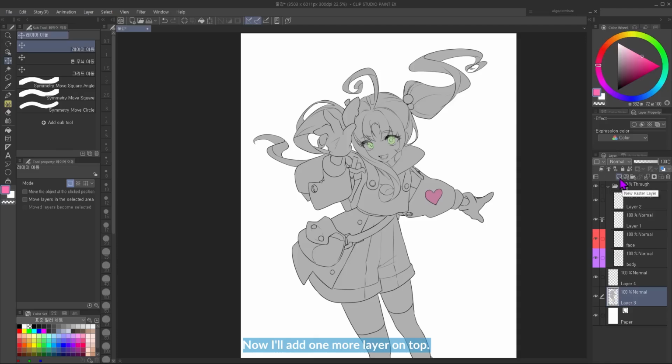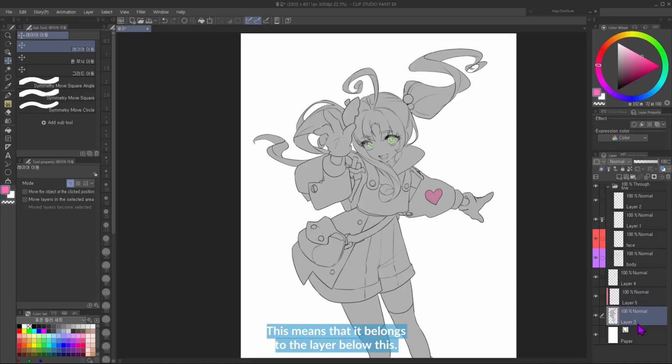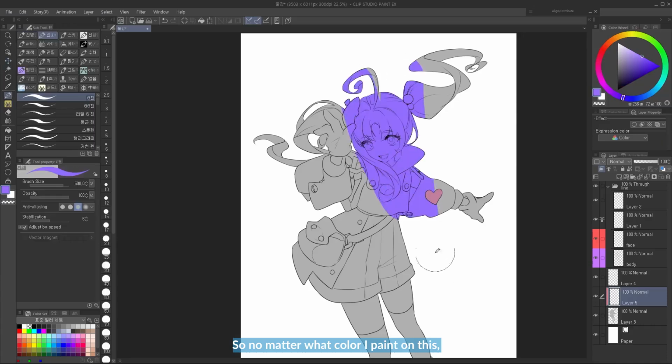Now I'll add one more layer on top. Clip Studio has an icon here, which clips the layer to the layer below. If you click, a pink line will appear in front. This means that it belongs to the layer below. So no matter what color I paint on this, it will fall within the range of colors below. This is a method I find very useful when I choose the color layer first and choose the light and